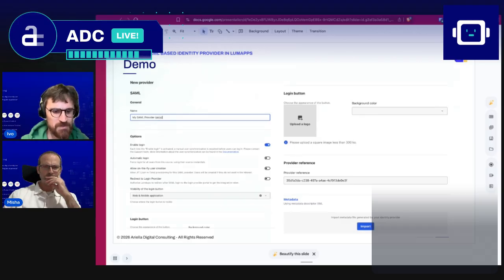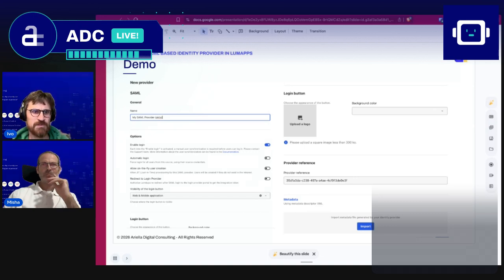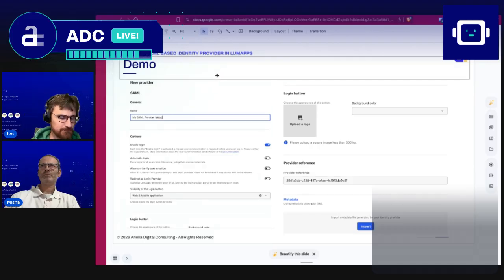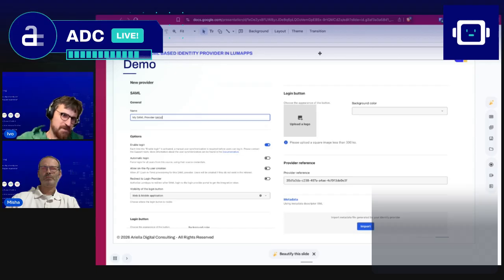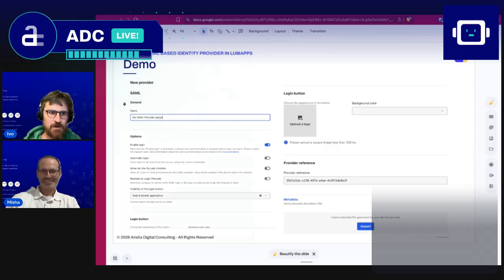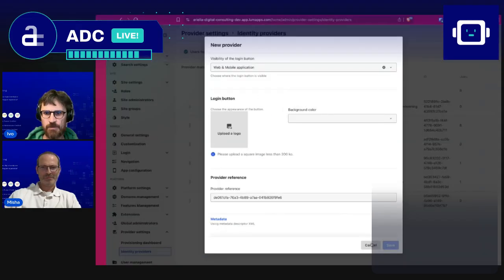So this was all in terms of theory. Now I think that we can move to a practical exercise, right? So this is where we invoke the demo gods. Please help us today as well. So let's see how we can configure an identity provider, right? So of course,